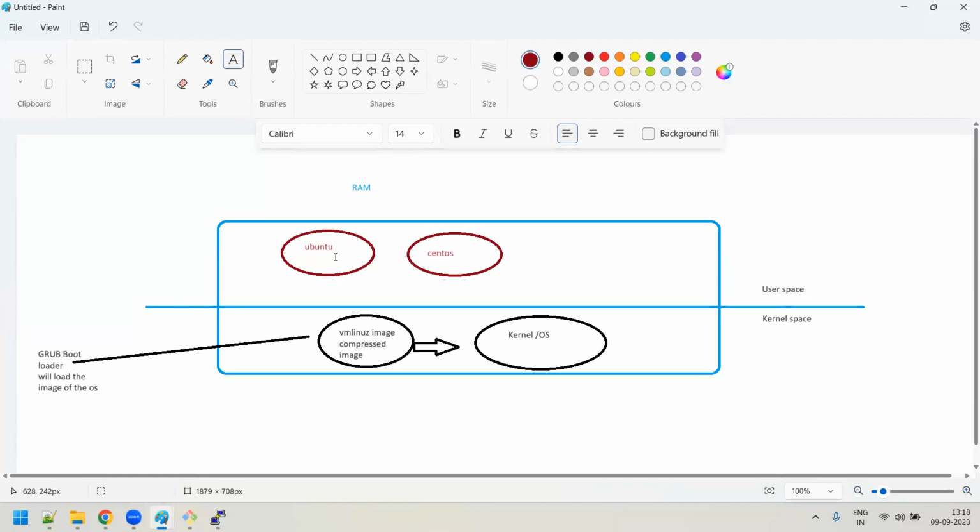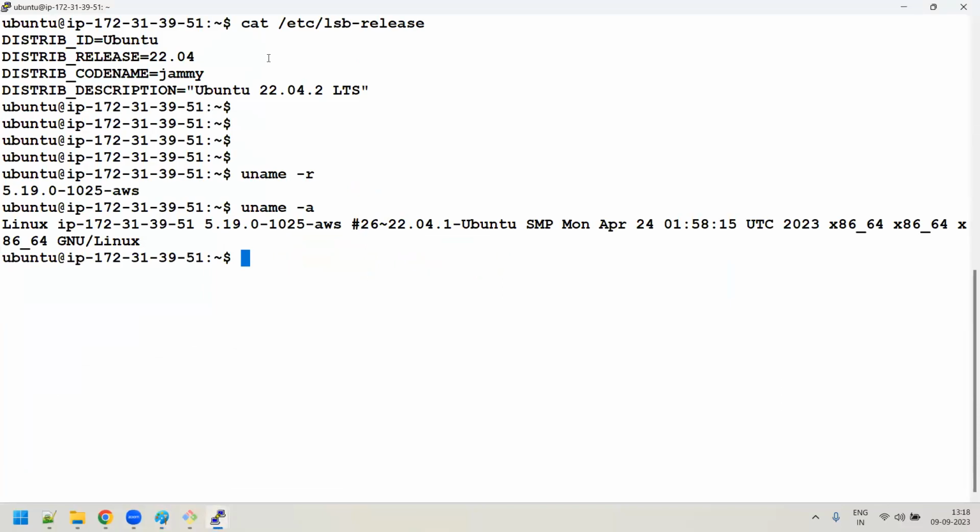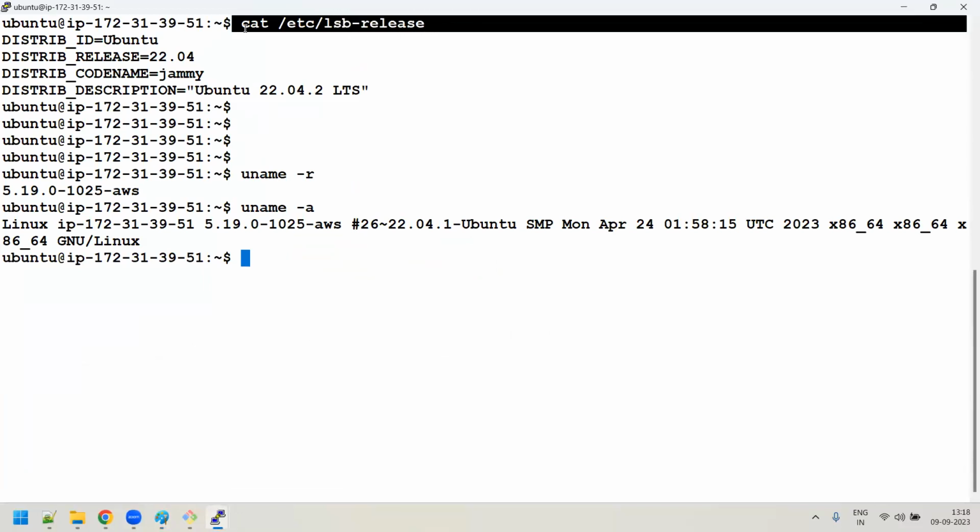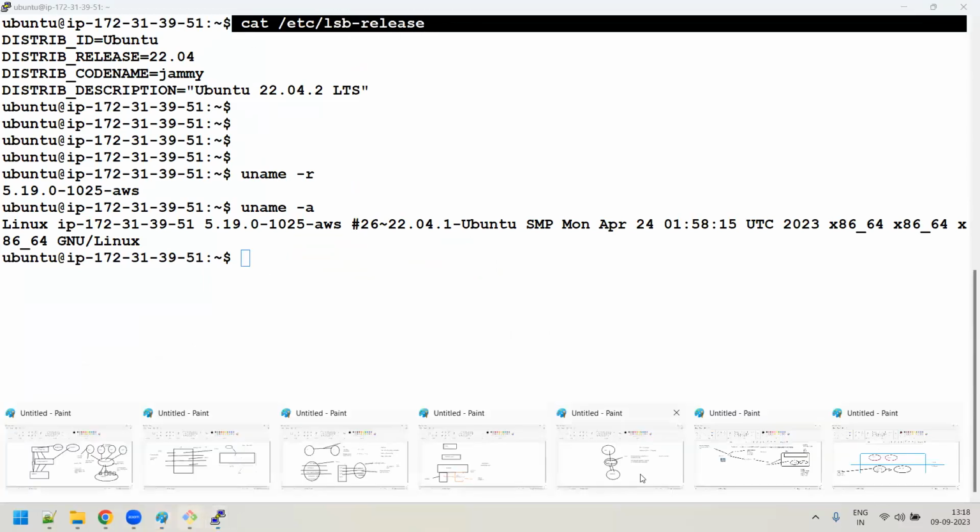Now, whenever the user is doing any operation, you would have seen that I executed a few commands here. I executed the uname -r command, the uname -a command, and cat /etc/lsb-release, which is a file I'm opening. I'm doing some operations. What exactly is happening here, guys?